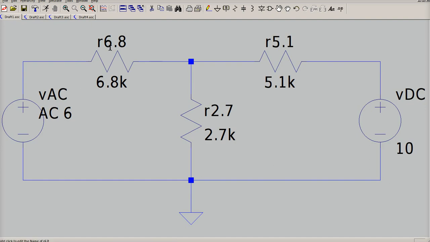And you could, in fact, build this circuit. And if you measured the AC voltage across the 6.8, you should get what you got in that circuit, etc. So you would see that the analysis works. Okay, so now I want to go back to the worksheet